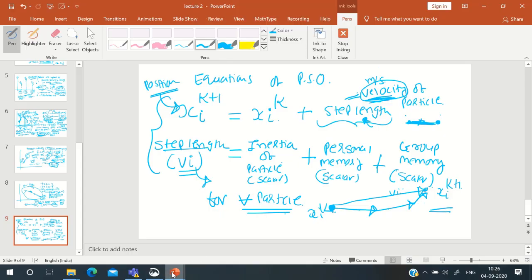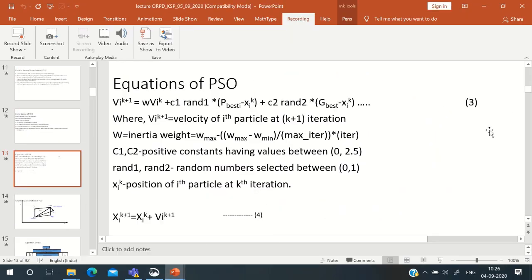Okay, now let us see the equations. Yes, see this equation number 3 and equation number 4 are the equations of PSO. So how is the velocity updated? Velocity of the ith particle in the k plus 1 iteration is equal to omega, the inertia weight, into the current velocity, current step size of the ith particle in the kth iteration, plus C1